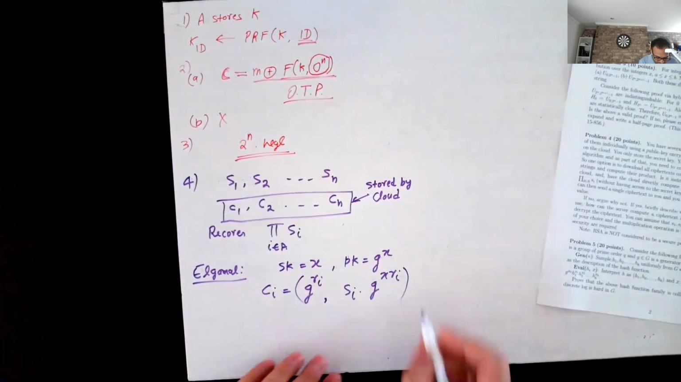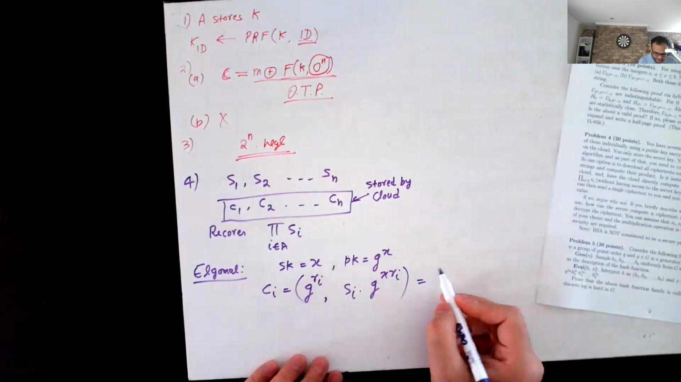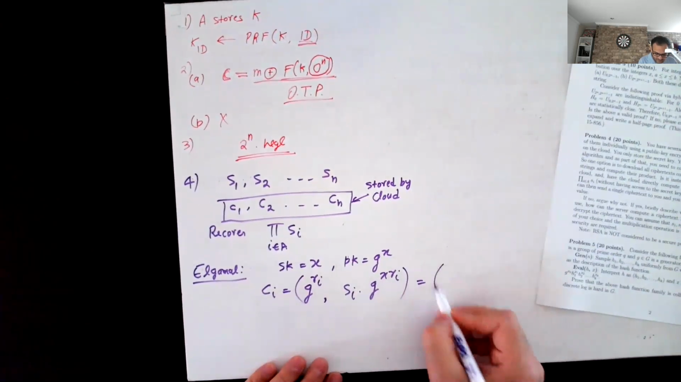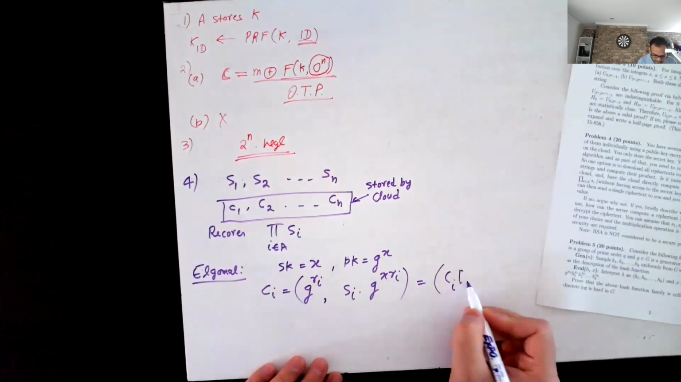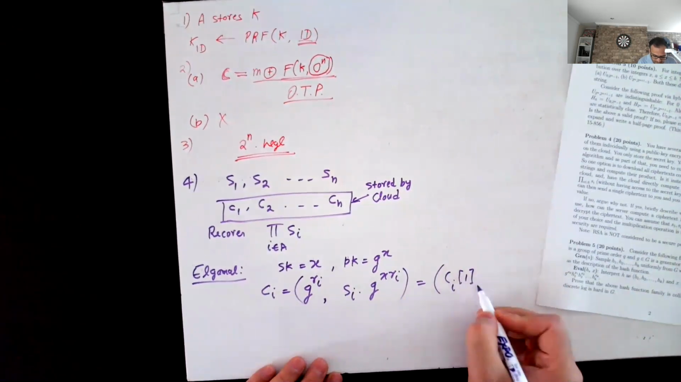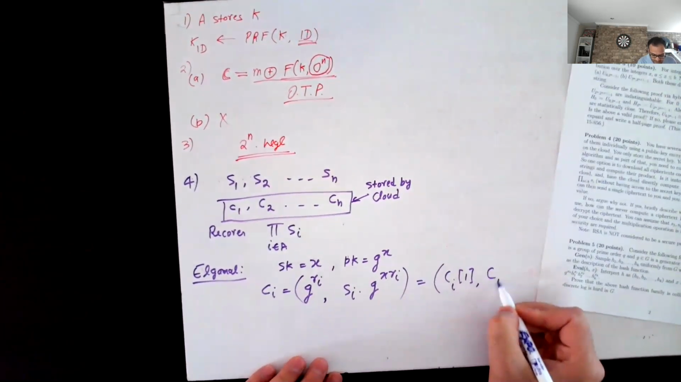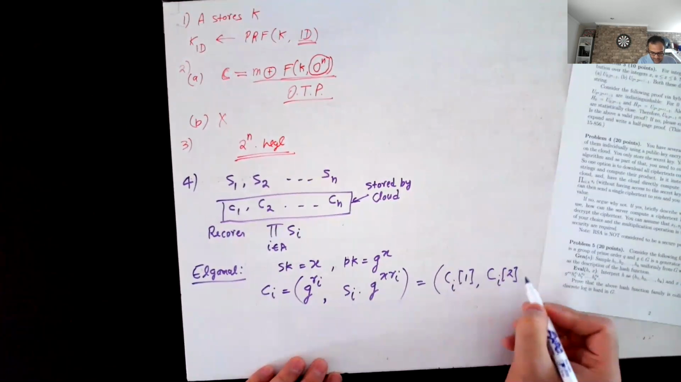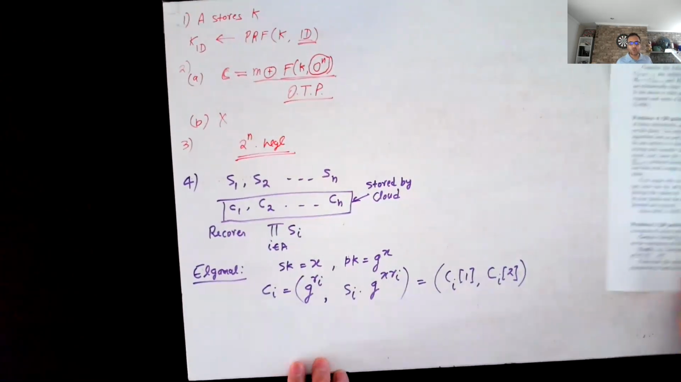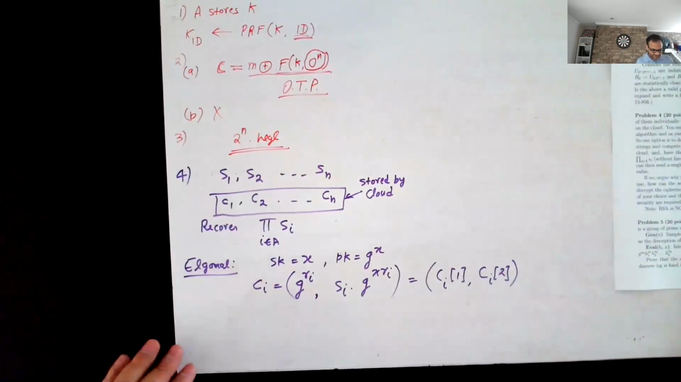Let's also denote it as c_i[1] and c_i[2]. So each ciphertext has these two different components. The cloud is storing all these ciphertexts, and then what you can do is send this set A to the cloud,